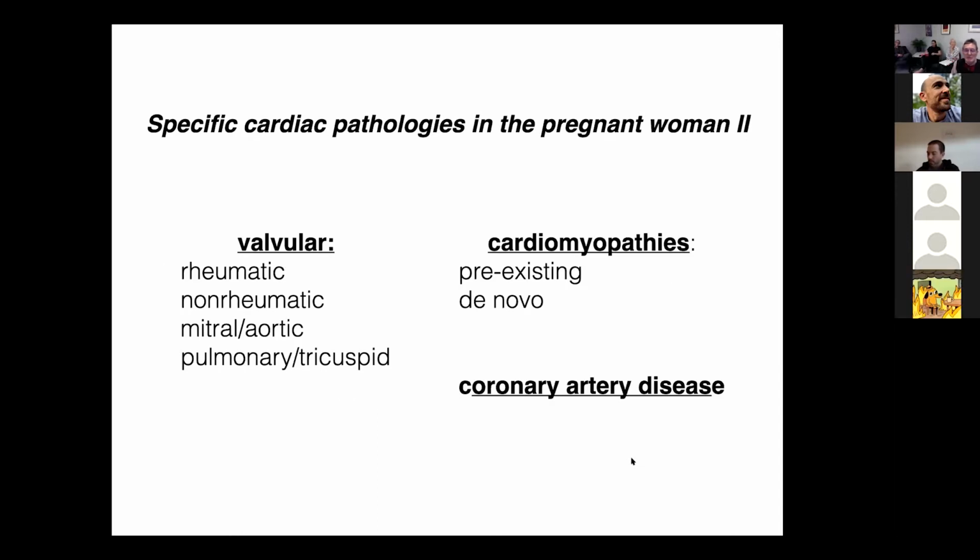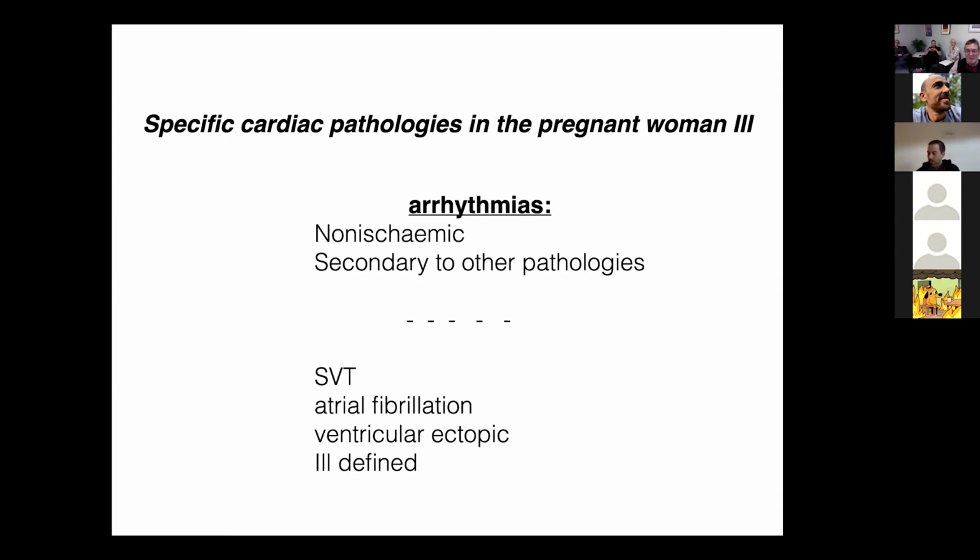The other pathologies in pregnant women are the valvular ones, and depending on which community you're in, there are varying numbers of rheumatic valvular disease. Cardiomyopathies are not that common, but they do exist. Some are pre-existing, others are de novo. And of course, there's always in the background the occasional patient with coronary artery disease, even in the age group of 30s normally, sometimes early 40s, even though they're female rather than male, who have a higher incidence of ischemic heart disease. The main one that you get, however, are arrhythmias, and most of them, fortunately, are not a big deal. It's more of reassurance and usually some prophylactic therapy,